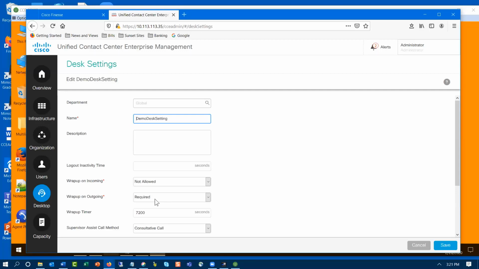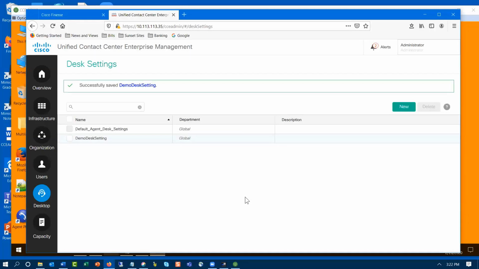That means that the agent would not go ready until such time as I entered that wrap up mode and determined, and did my thing, etc. If I change that to not allowed, so there's now no wrap up mode allowed on outgoing, and I make another call,